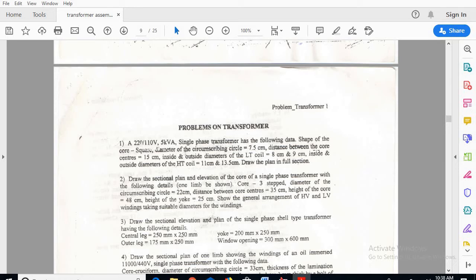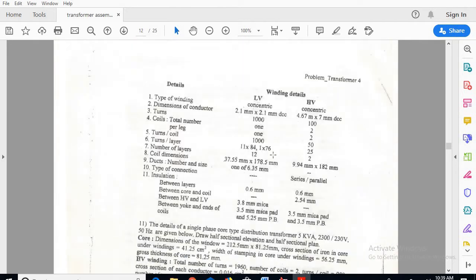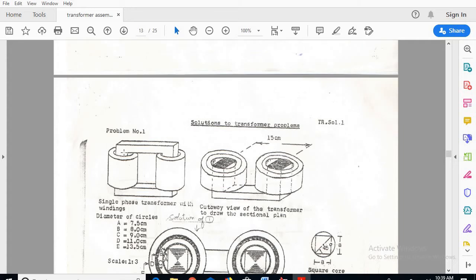Distance between the core centers is 15 centimeters. Inside and outside diameter of the LT coil is 8 centimeters and 9 centimeters. Inside and outside diameter of the HT coil is 11 centimeters and 13.5 centimeters. Draw the plan in full section. So he has given to draw the plan in full section. Now how to proceed with this problem? So here is the solution. According to the data, this is how your transformer will be looking.